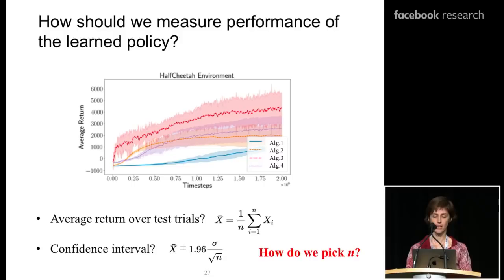We calculated the average return over the test trials, and we also thought it'd be good to think about the confidence interval. In this case, we're making the assumption that the returns are distributed in Gaussian fashion, which, if you have enough samples, probably isn't too bad. And the only question left open is really, how do we pick n? Now, if you're in supervised learning, maybe you start things out with the MNIST data set. I think there are 10,000 examples in the test set for MNIST.